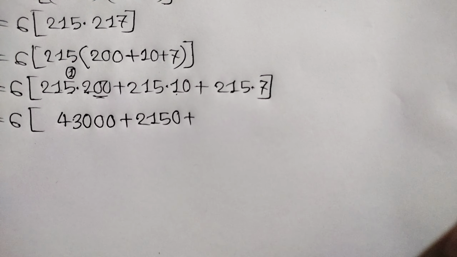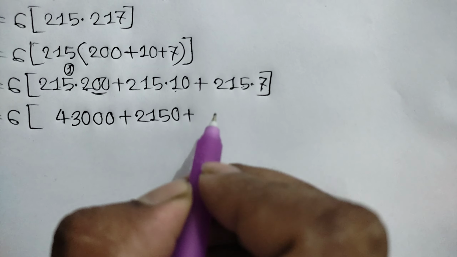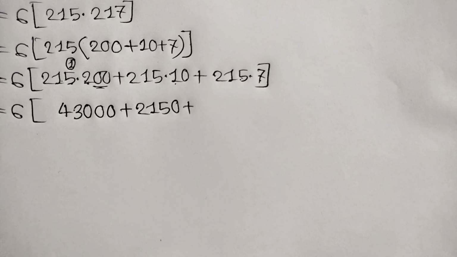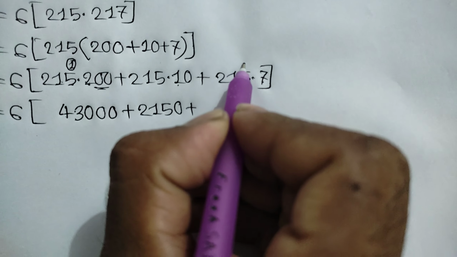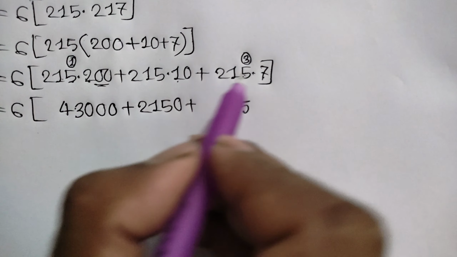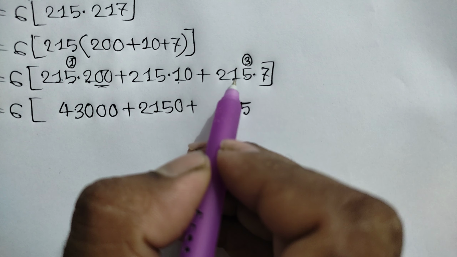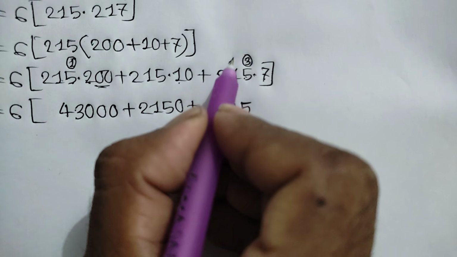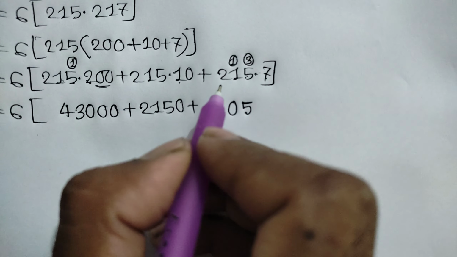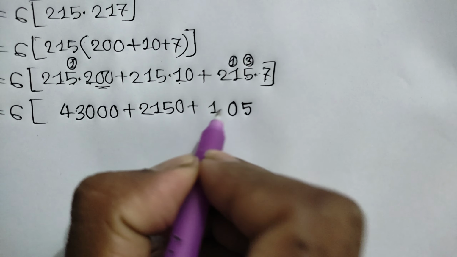Plus 5 times 7 is 35, we write 5, 3 will be carry, 7 times 1 is 7, 7 plus 3 is 10, we write 0, 1 will be carry, 2 times 7 is 14, 14 plus 1 is 15